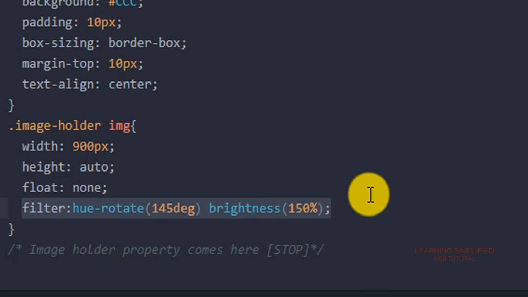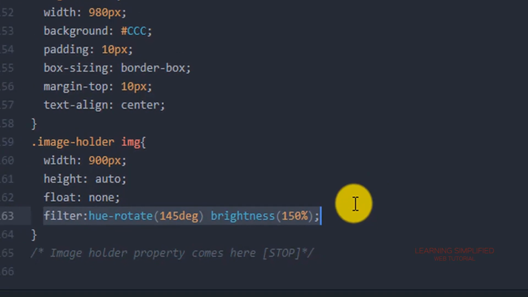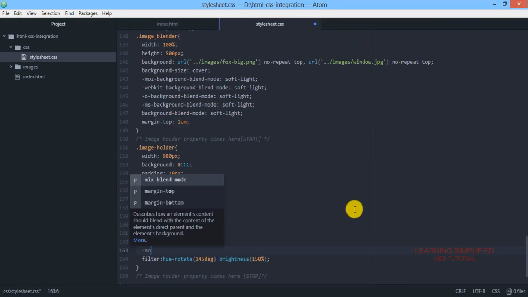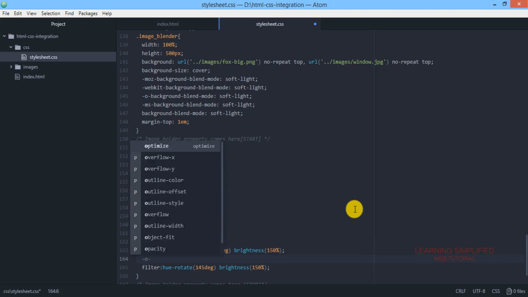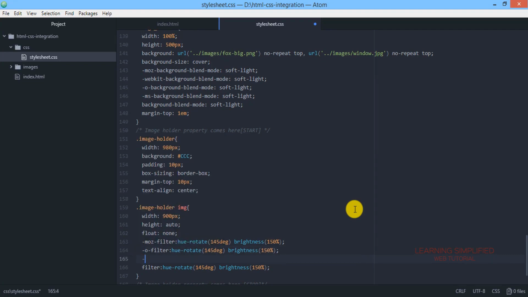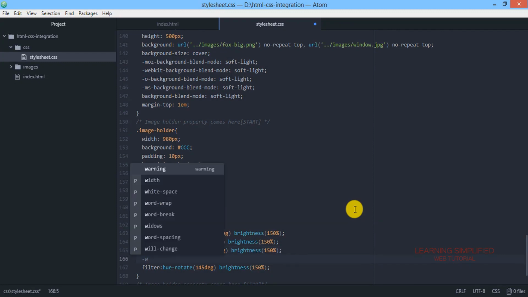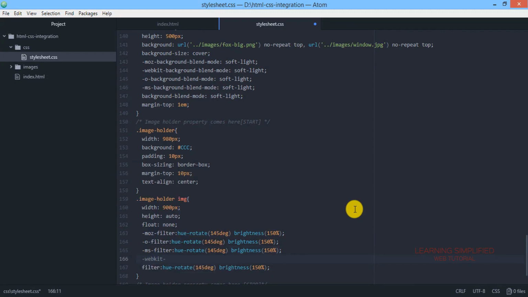So this is what we need to consider when we try to associate two different properties in a single place. All those hack codes that we have worked with in our previous cases will be in action here while declaring these filter properties in CSS.